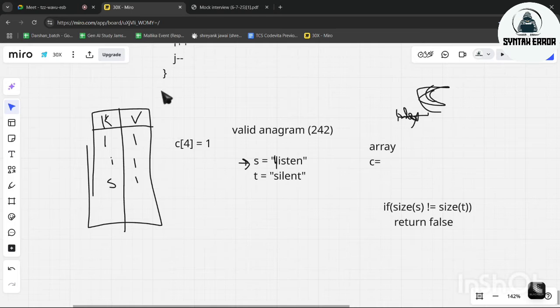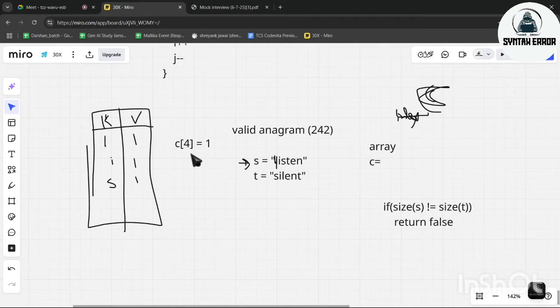In a hash table, we were mapping a key with a value. When the keys are consecutive, which are continuous, at that time we can go with arrays. This is one of the tricks which we can use.